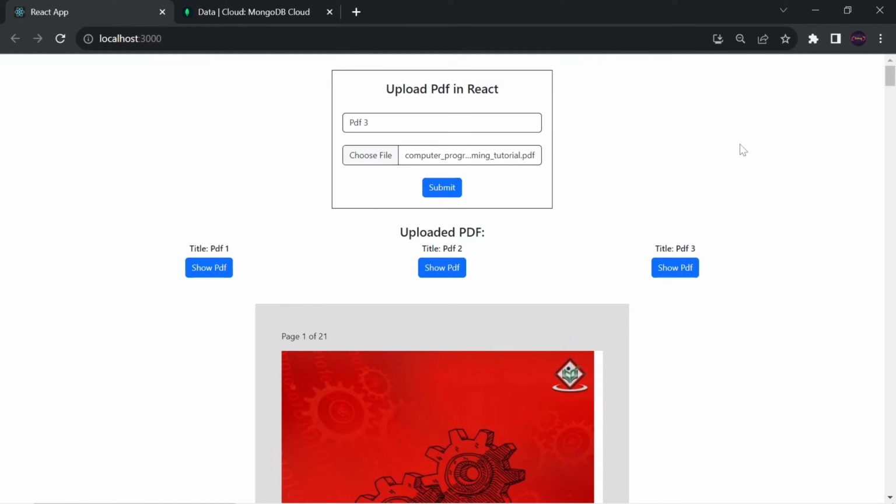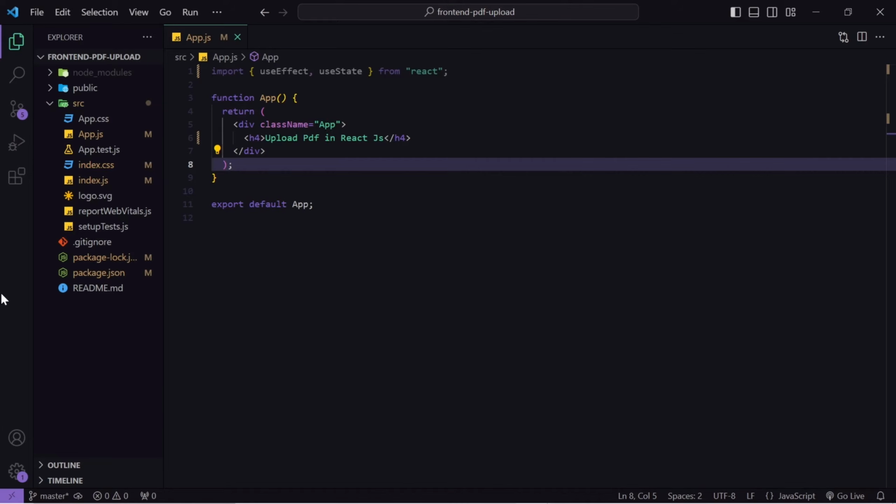So let's make this small application. Okay, first let me tell you the blueprint of what we are going to do. So I will upload my PDF file from React. At the backend, I will receive that file. With the help of Multer, I am going to store that file at some particular location, that is our backend